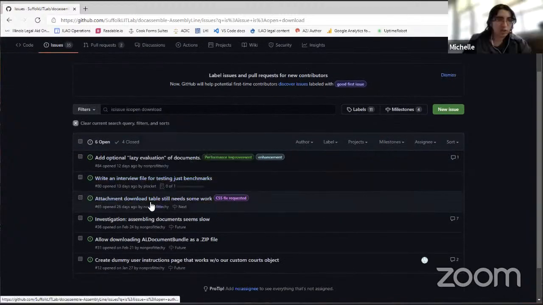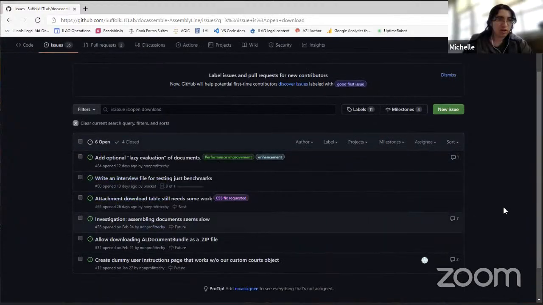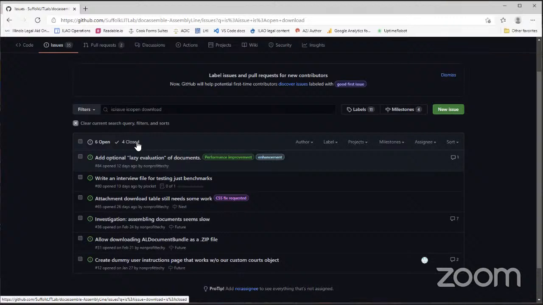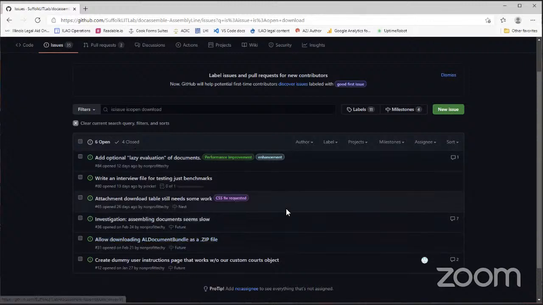So there's 6 open issues, and there are also 4 closed issues, which is good to check as well, because if something was closed, it might be a won't fix, or, this is how you do a thing. Gotcha. Okay. So I don't see it in any of these. These don't appear to be related to